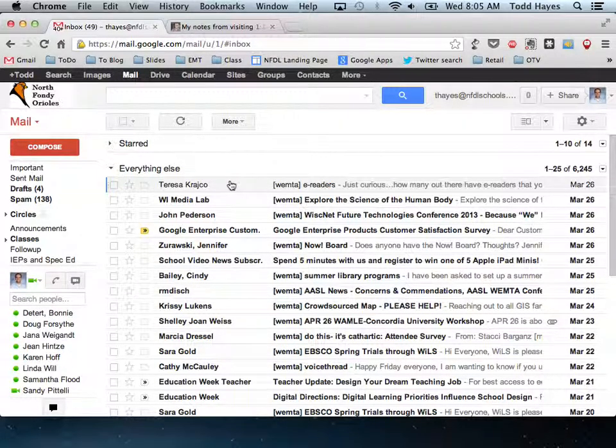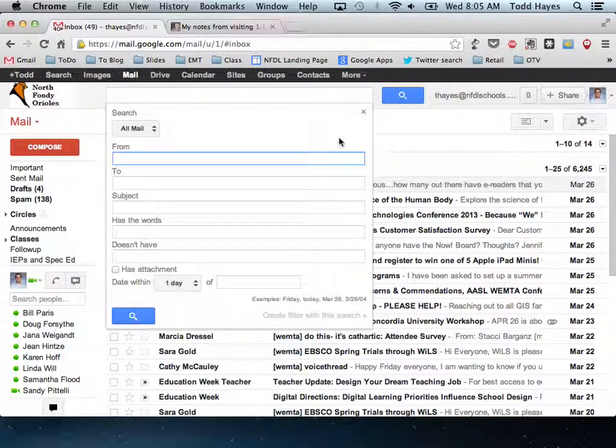So to create a filter, we're going to go up to the search bar for our email, and we're going to click on the little down arrow to let us see more search options. In this case, I see that the subject for each of these listserv emails has WMTA in brackets on it. So I'm going to put the subject, and that's going to be the identifying characteristic of any email that I want to apply this filter to. So down here I'm going to click on Create Filter with this search,